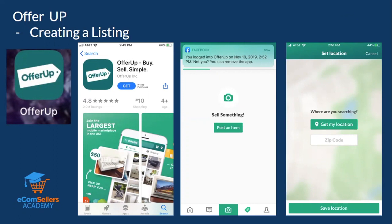Once you go there and say that you're going to download it, I think that's in a later screenshot. But once you're in here, you're going to tell it that you want to sell something. There's two different options: when you go to browse, you're just looking around. When you want to sell something, the first thing it's going to ask you to do is post your item. They want to know what area you are in so that they can actively start putting those items in